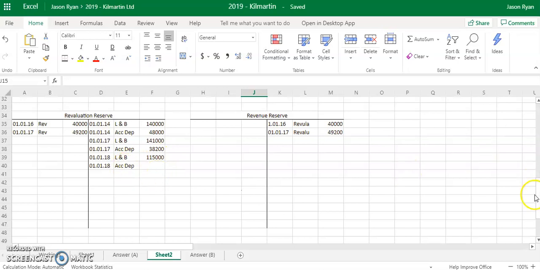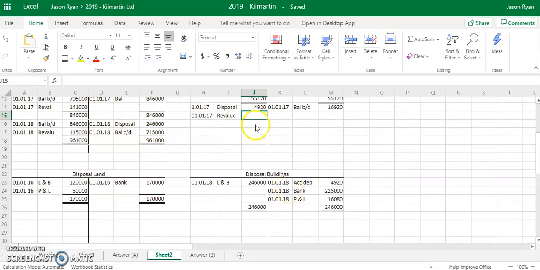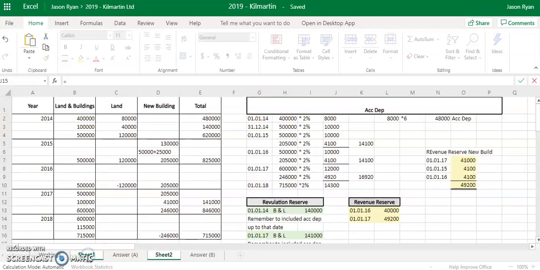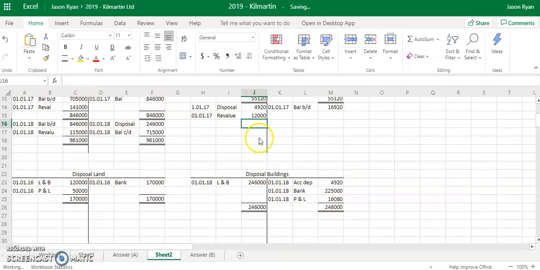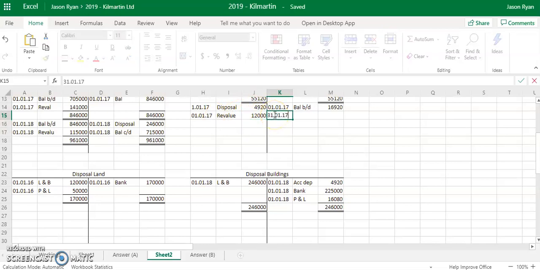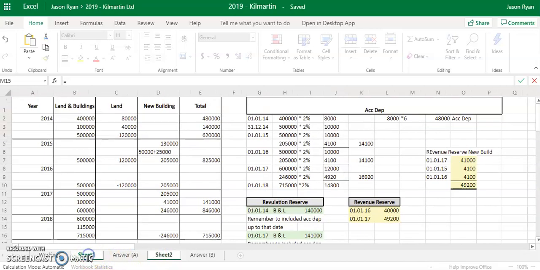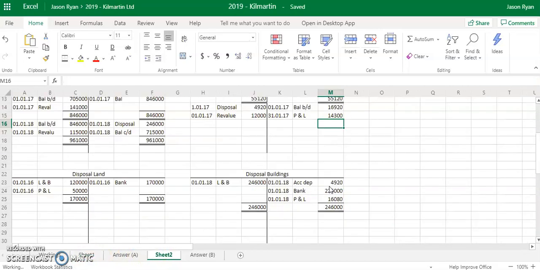Remember, you need to put in the cumulative depreciation as well. So the cumulative depreciation then is a figure that we accumulated for the buildings we got rid of. So the buildings we got rid of then is this 600,000, which is going to be 12,000. So 12,000 goes into the revaluation reserve, and then you put in this year's depreciation for the profit and loss. So we've calculated, which is 14,300, and then